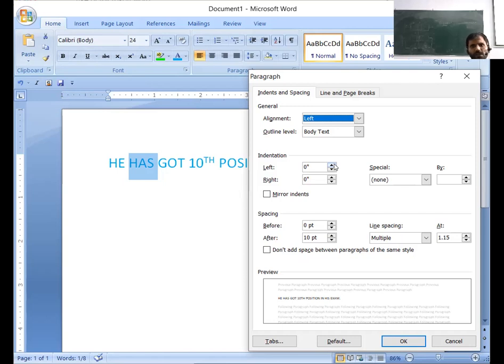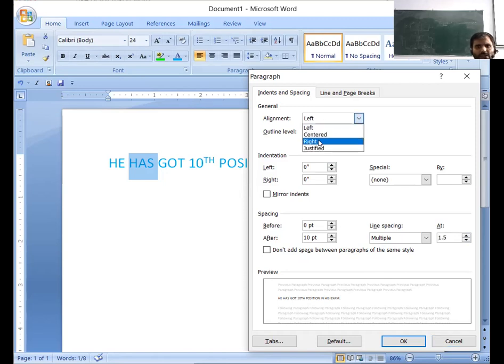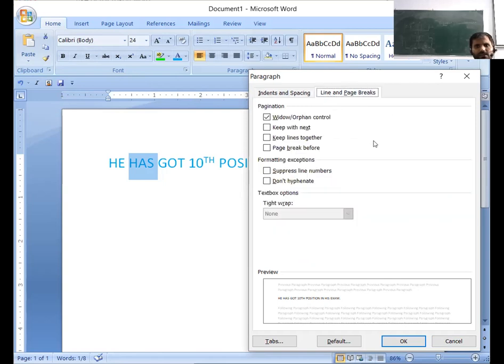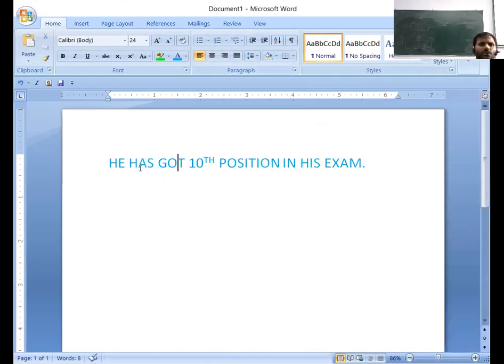I want line spacing before paragraph, after paragraph. Then I have to choose this option and set a value. Multiple line, single line. And there are some predefined values which I have to choose. Alignment also: center, justify, left, right. These are alignment and page breaks. If I want a page break, then I can also set the page break before. There are different options.